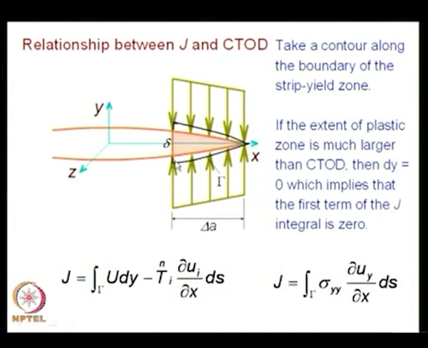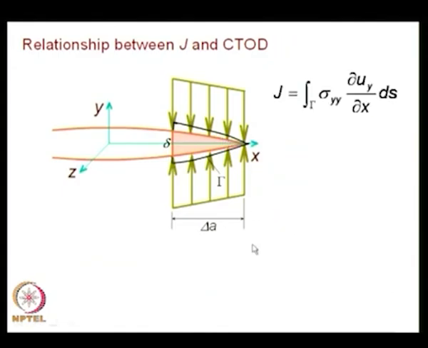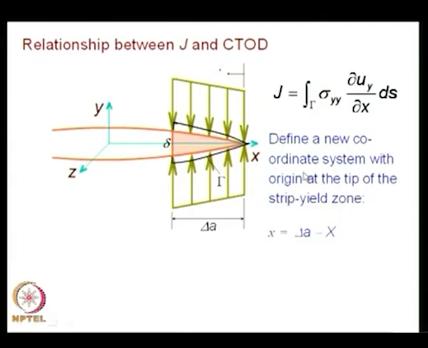For clarity, it is shown at little distance away. The crack face is subjected to the compressive load. In fact, that is taken as traction on the contour. So, this is what I have to evaluate,